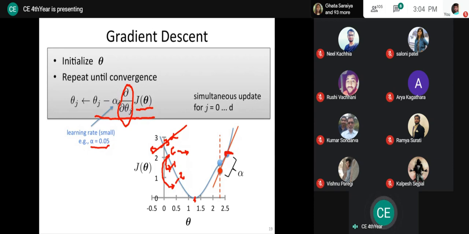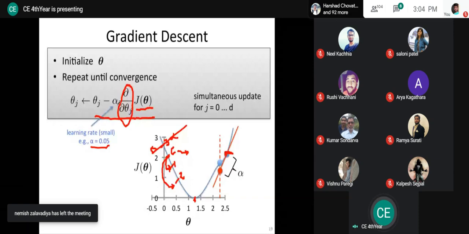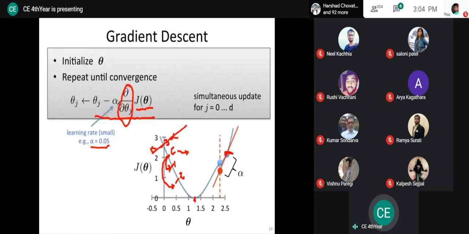After gradient descent, we will see what the impact will be if you set alpha to a very high value, and what the impact will be if you set alpha to a very low value. But that will be the discussion after this. From the current discussion, I hope you are clear that alpha helps you identify the step, how big your step is, whether you want to switch from the current point to point 1 or to point 2. That is decided by this alpha value.